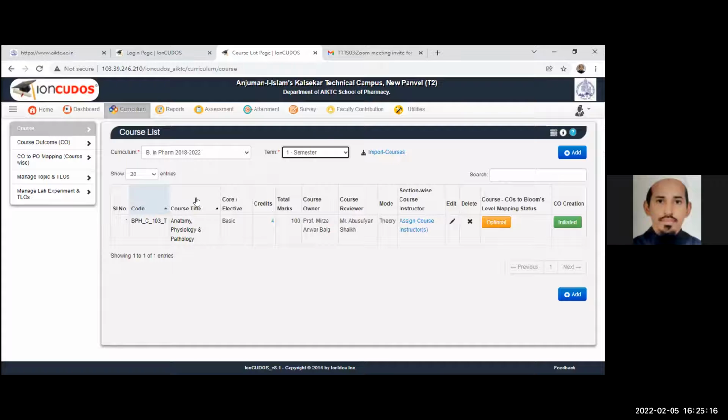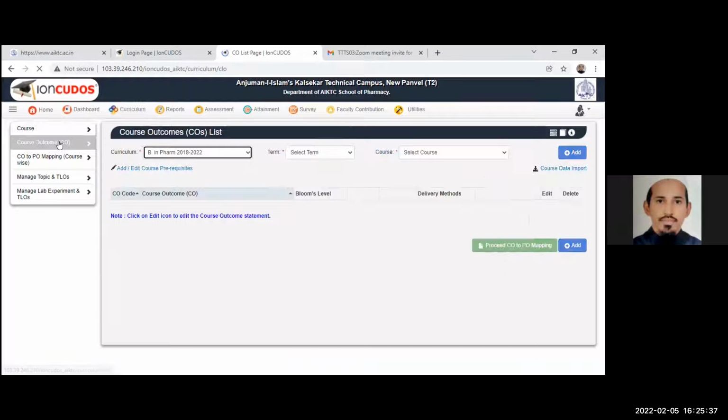Here the data is subject allocation. On the left side, courses are there. It indicates that in the 1822 batch, in semester 1, the courses assigned to me are anatomy, physiology, and pathology. Now I'm going to the next tab, that is course outcome.